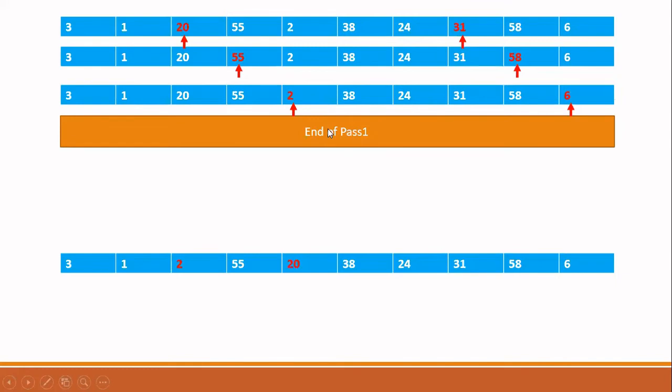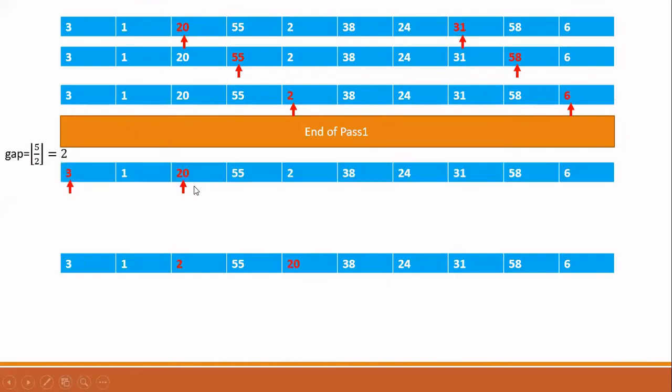To do the second pass, I have to update the gap. For that, I am going to write the formula now. So gap is nothing but the previous gap 5 divided by 2, floor value. So 2.5 floor is nothing but 2. Now I have to set the first pointer. So this is my array after the first pass. Can anyone tell me where your first pointer will be set, to which number? Gap is 2. 20. Okay, yeah, very good.